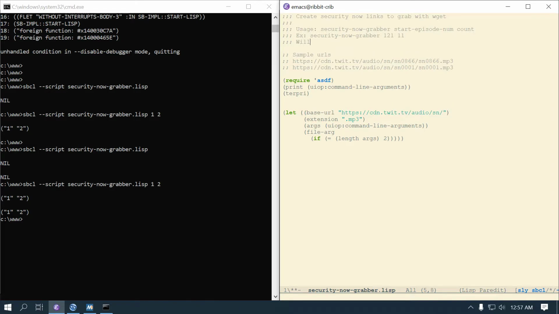And then we can say we'll start with episode 121 and create 11 links. So that's basically what I'm trying to do. So if we come back down here now and bust up my train of thought. I'm saying like if equal args 2, then what I want to do is